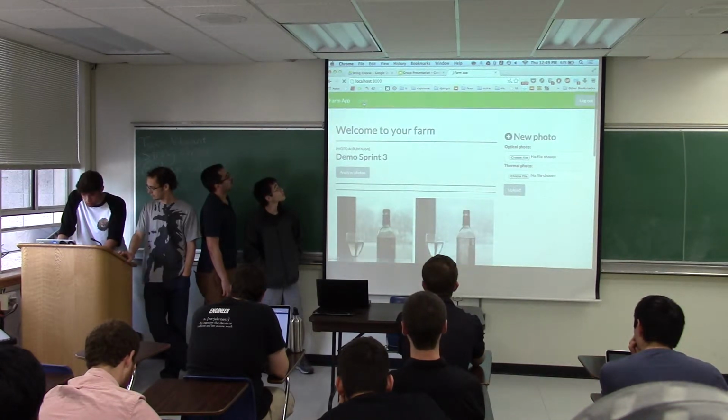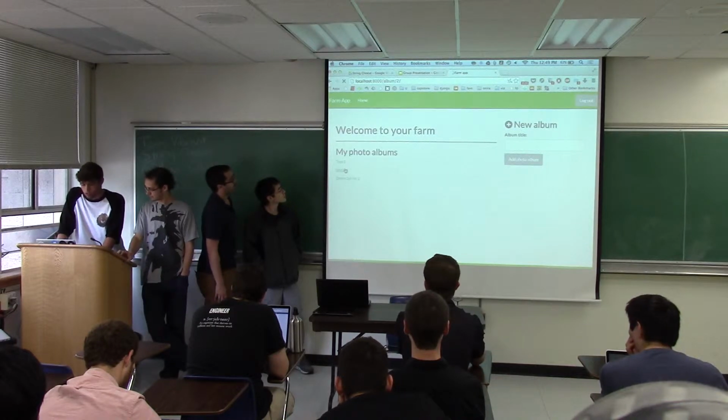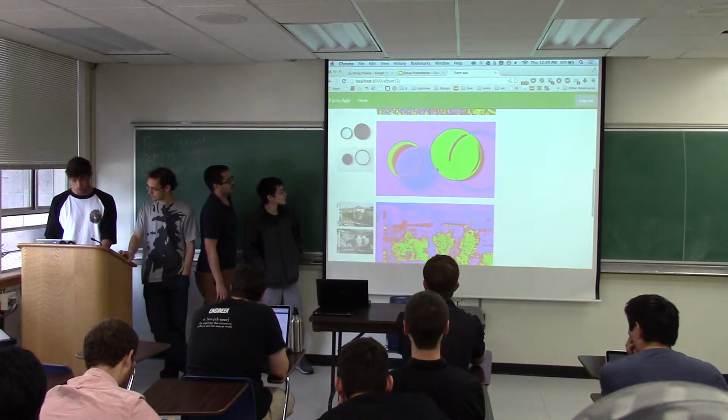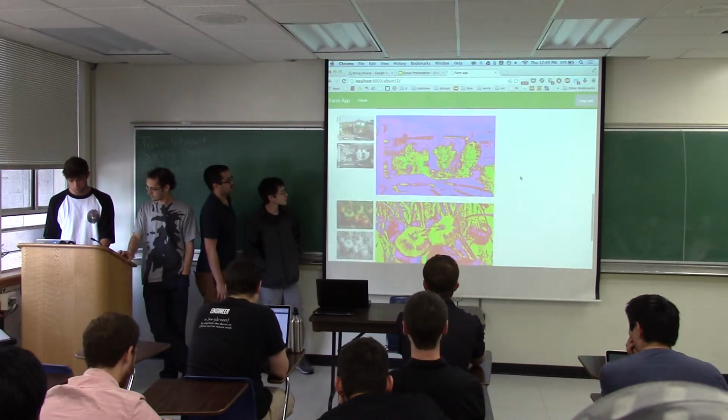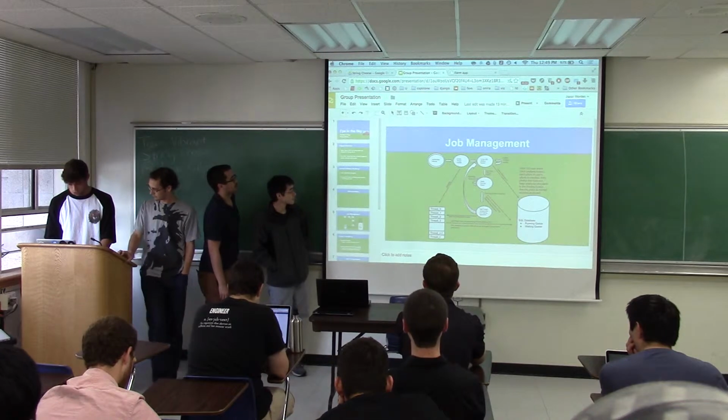We are getting the vegetation index, the NDVI photos. It gives us right here the results of them. We'll go through exactly what